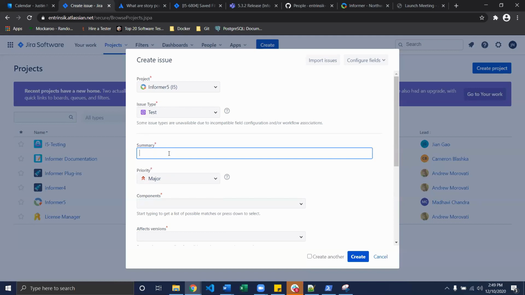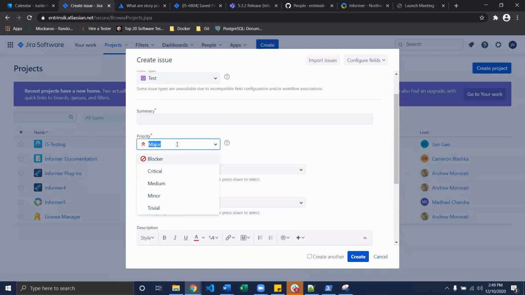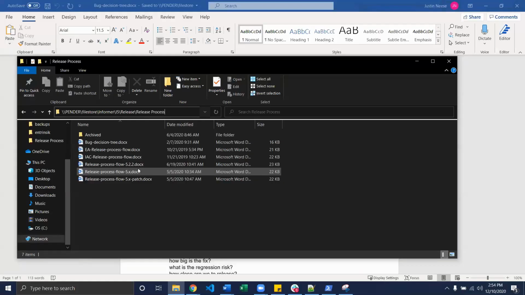Then there's a summary, just a short headline of what that ticket's going to be for. Different priorities. I remember we touched on this a bit more and actually found a document, but that's okay for now. The one thing I wanted you to keep in mind, with Pender, is with this specific path,